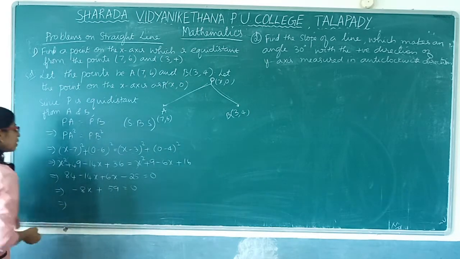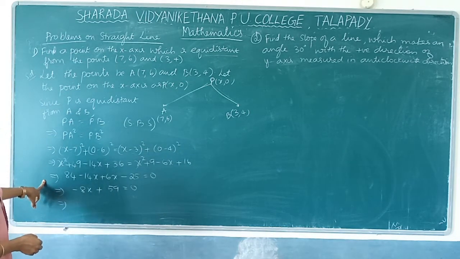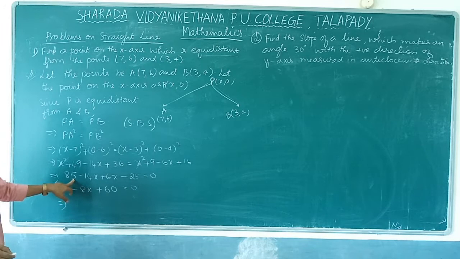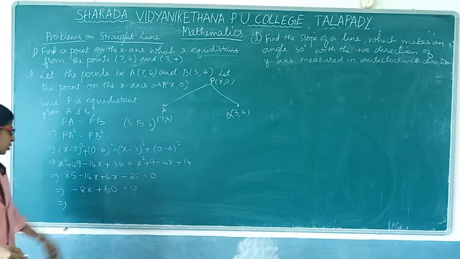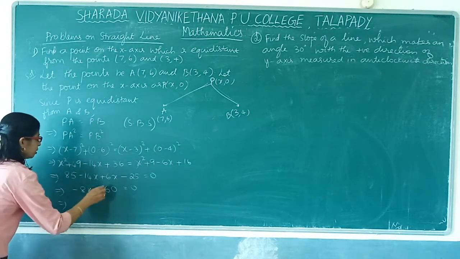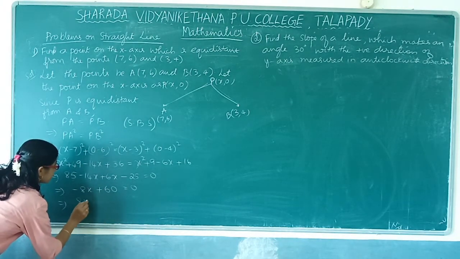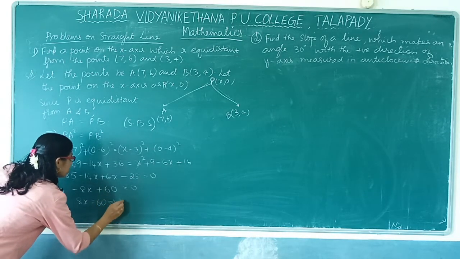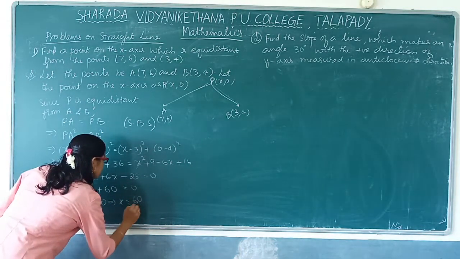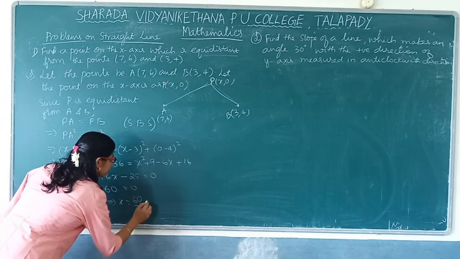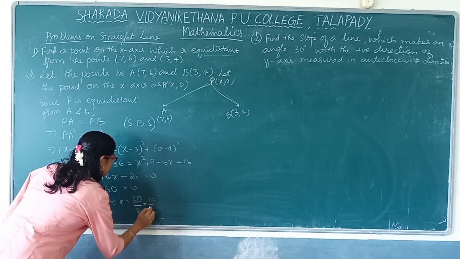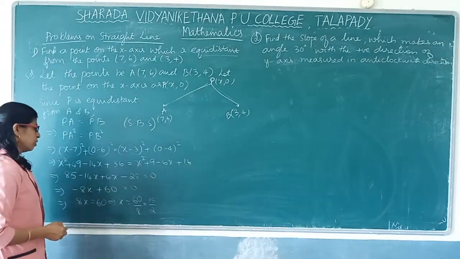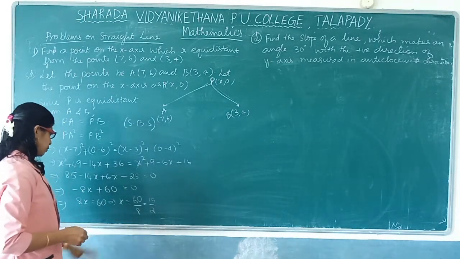So what do we get? X value? Just a minute. So it is 85 here because 9 plus 6 is 15. 85 will come. 85 minus 25 is 60 is equal to 0. So what do we get? Take 8x to the other side. So 8x is equal to 60 implies what is x value? X is equal to 60 by 8. 60 by 8 can be written as what? 15 by 2, dividing by 4. 4 2s are 8. 4 1s are 4, 4 5s are 20. So you get as 15 by 2.